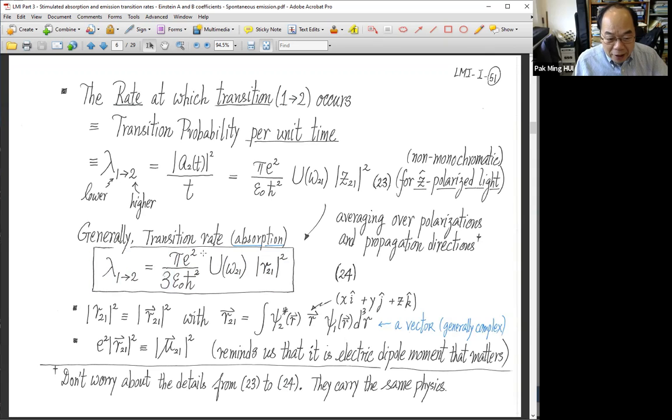It is stimulated absorption because explicitly it depends on how strong the incident light is at that particular frequency, omega 21, which is the energy difference divided by h bar. So here implicitly already two things: the frequency must be right. It is stimulated because if this is 0, you have